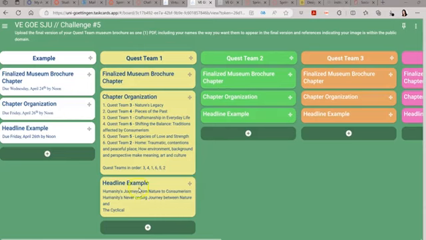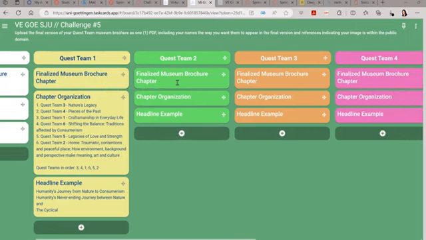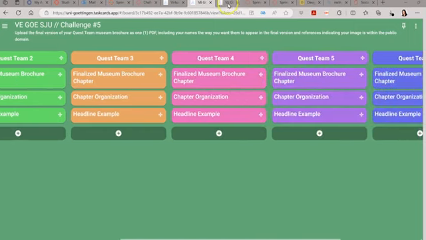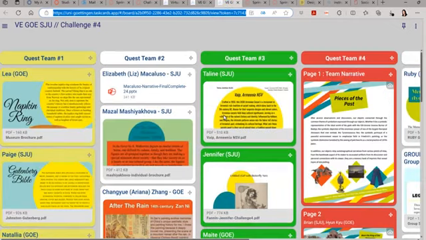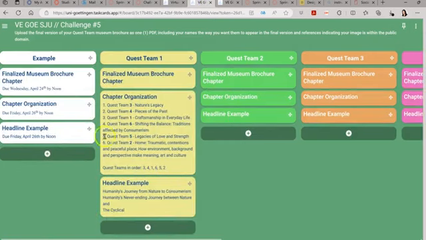So the second part of the next assignment, which is due Friday, April 26th, is chapter organization. Just like what Quest Team did, I did number here. So obviously, not to pick on you guys, but the finalized museum brochure chapters for none of these Quest Team groups are available here. But of course, if you go to challenge number 4, they are, right? So none of the stuff is new in terms of museum brochures from different Quest teams. And so my point is, final Quest Team museum brochures are not currently available here on challenge number 5,